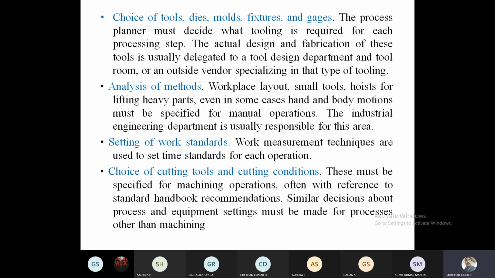decided by the planner. And choice of cutting tools and the cutting conditions. This is a very important one. As I told you in the previous class also, and I am repeatedly telling, CNC machines do not use the simple cutting tools the way we use them in our lathe training. In lathe training, if the tool does not have a very active cutting edge, we grind it and reload it into the lathe for the cutting operation.